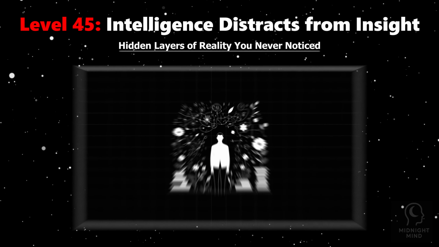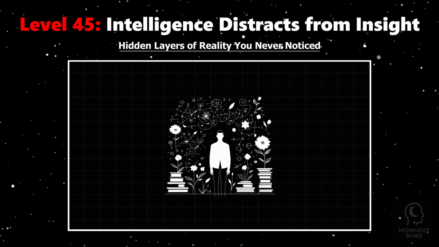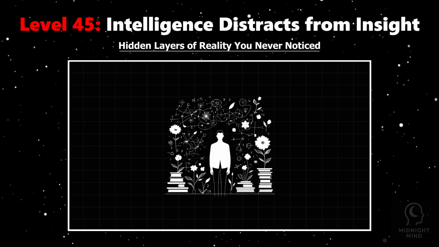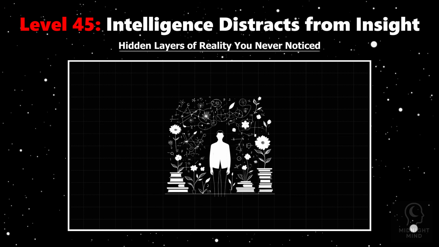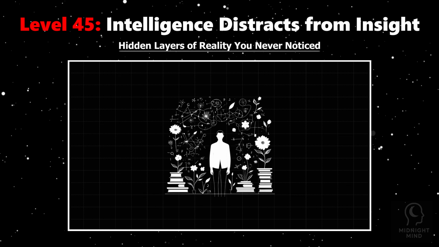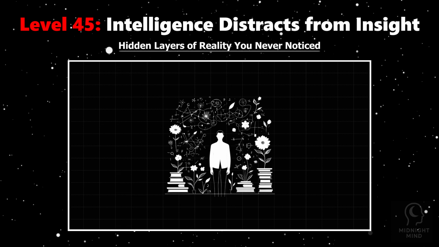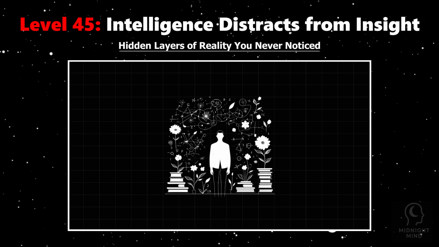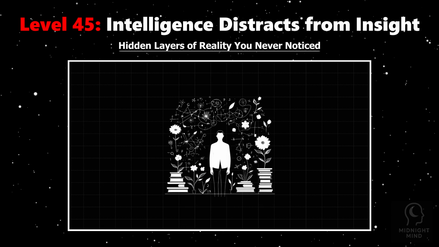Imagine intelligence as a double-edged sword, powerful for solving puzzles, but sometimes blinding you to the subtle truths beneath. Neuroscience and psychology reveal that highly analytical minds can get trapped in logic, missing the emotional and intuitive layers of reality. While intelligence excels at breaking down problems, it often undervalues feelings, nuances, and the unspoken signals that shape human experience. For example, a brilliant person might analyze a friend's words without sensing the pain behind them, or decode a situation without feeling its emotional weight.